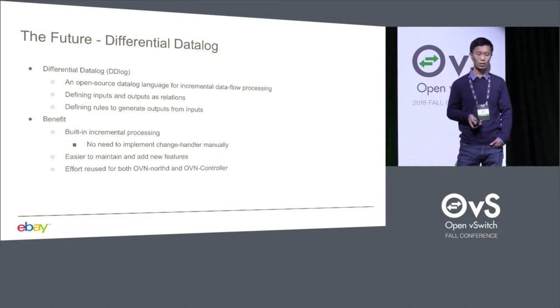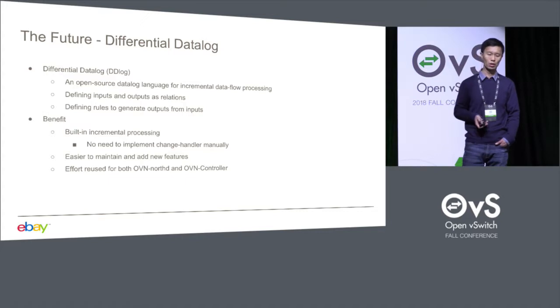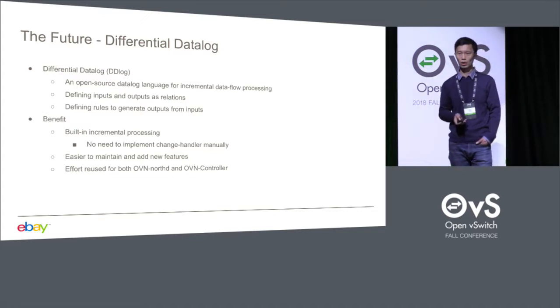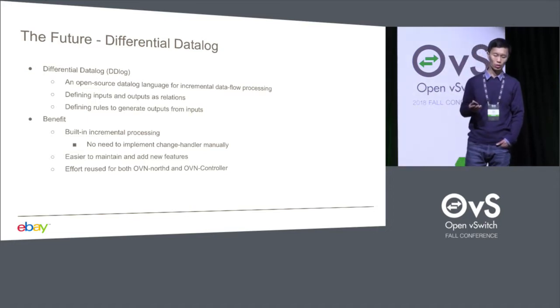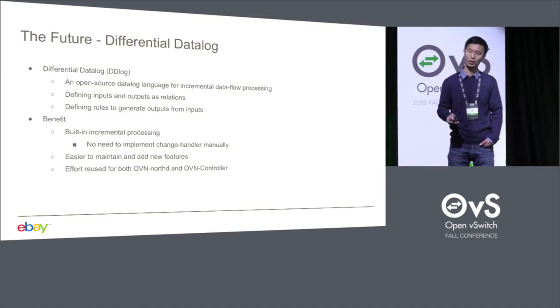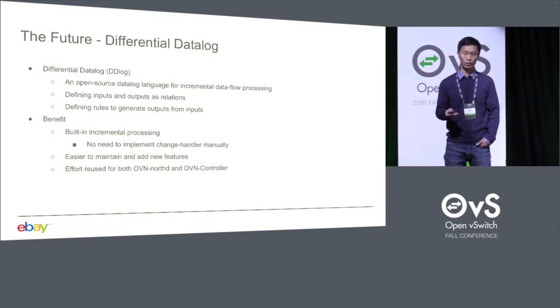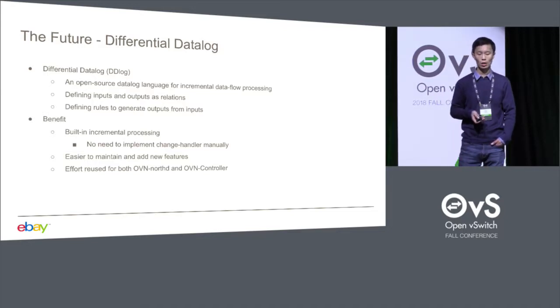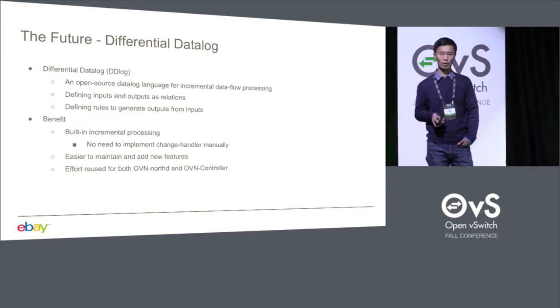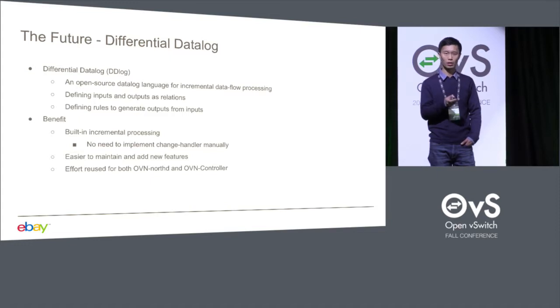He open sourced it, which is based on another open source project called differential data flow. Basically, it's a data flow approach, but he implemented this data log language, so it can incrementally process data flows. And we think it's very natural to be used in OVN processing because OVN, as you can see from the previous slide, the dependency graph is just like data flow